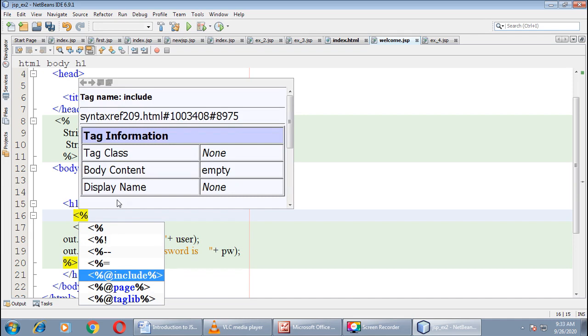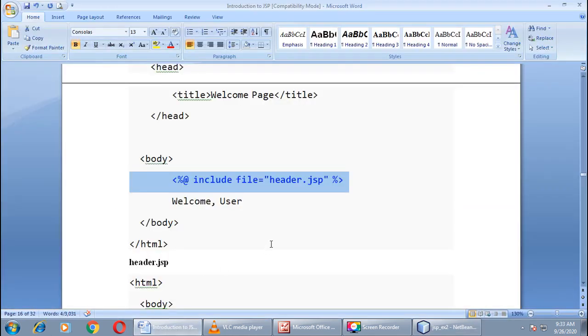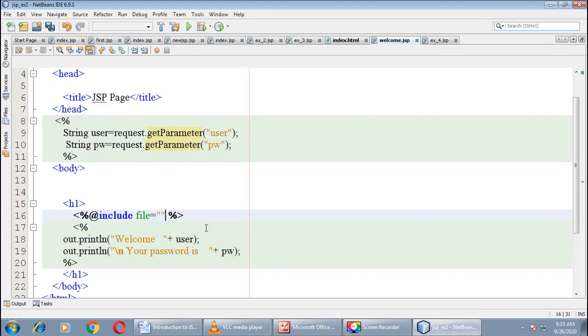See, here you can see the include tag. Then the attribute name is file equals to, the name of my file is header.jsp. We will provide the name of that file which we want to include over here, header.jsp, right?